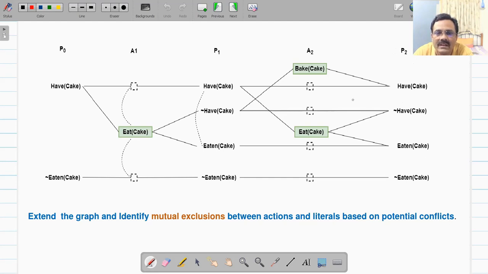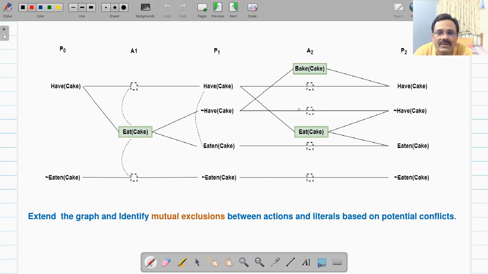So this is the second layer that we have introduced, and here these dotted rectangles are showing no-op actions. So later on you can ignore this rectangle. You can just draw a line from a proposition layer to the next proposition layer. Now we have 2 layers.